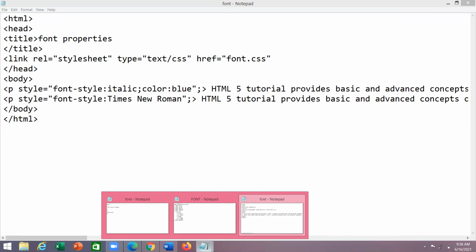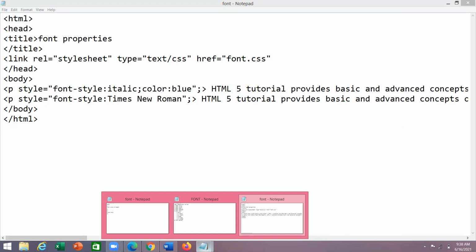So the first paragraph has inline styles, and for the second paragraph the external styles are applicable. Why? Because I'm not mentioning the inline style in the second paragraph.